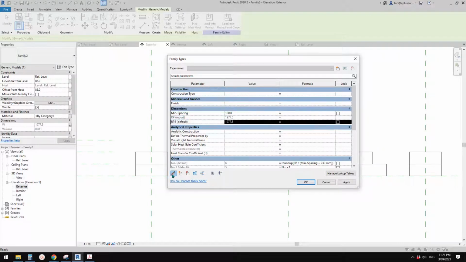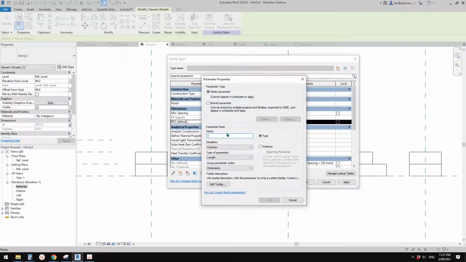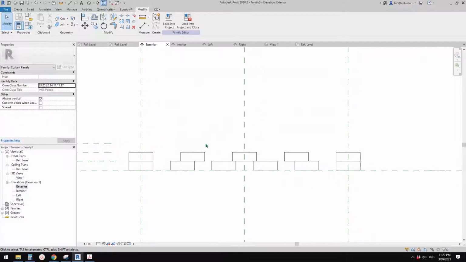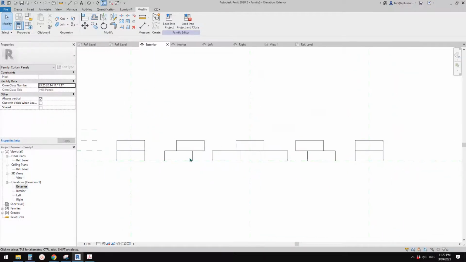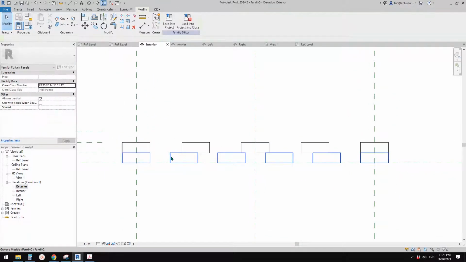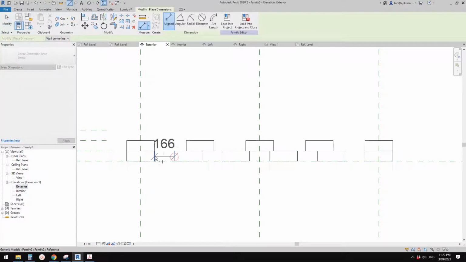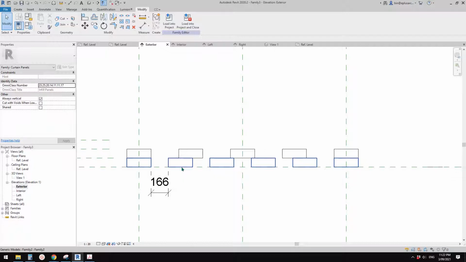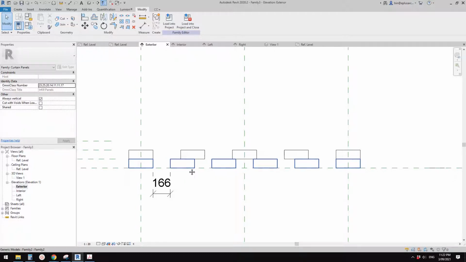We need to create a new parameter. Let's call it actual spacing. So instance, okay, and okay. So now let's have a look. Actual spacing. What is actual spacing? If I do a dimension, currently it's 166. So actual spacing will be the